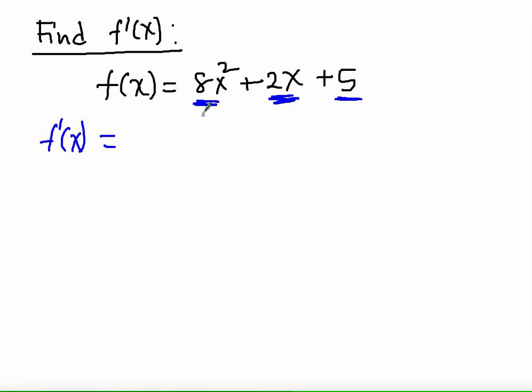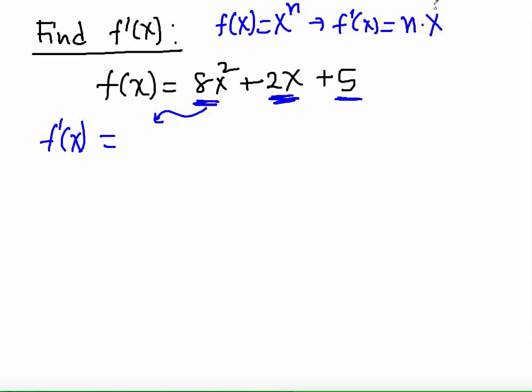So for the first term, if we're applying the power rule: if we have a function f of x equals x to the power of n, then its derivative will be n multiplied by x to the power of n minus 1. So for the first one, the derivative will be 8 times 2, that's the power, times x to the power of 2 minus 1. So we take away 1 from the power, plus